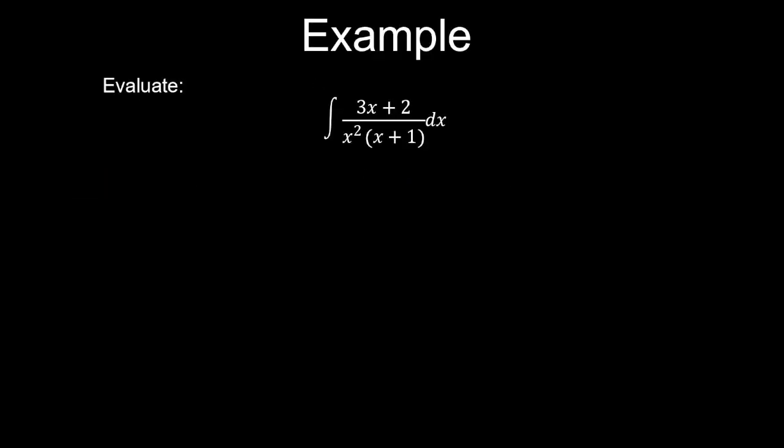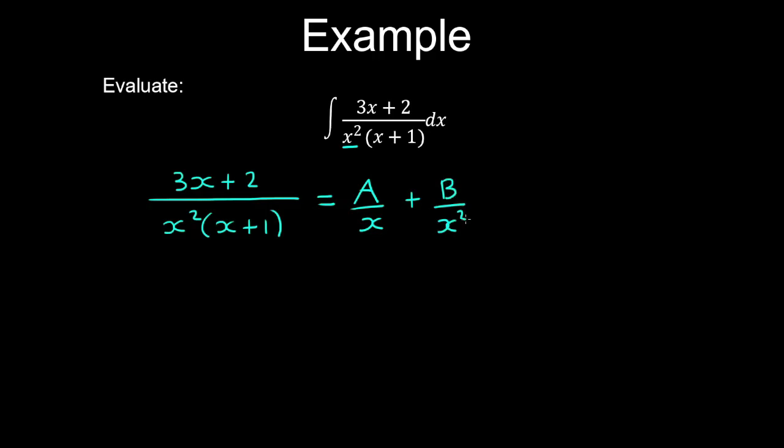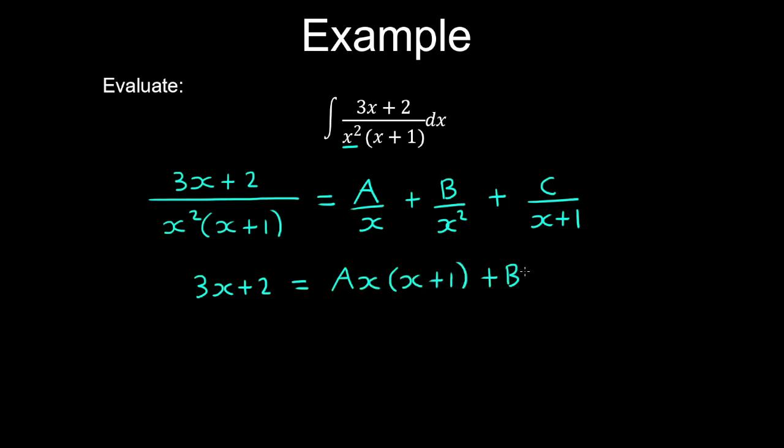Let's evaluate this integral. So the degree of the polynomial in the numerator is smaller than that of the polynomial in the denominator. So we can use partial fractions. And what we have is a repeated linear factor. So we write a on x plus b on x squared. And then plus a distinct linear factor. So we have c on x plus 1. And now if we multiply through by the denominator, we get 3x plus 2 is equal to a by x plus 1 plus b by x plus 1